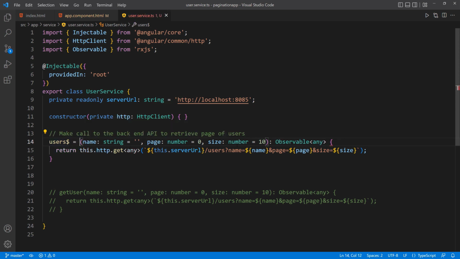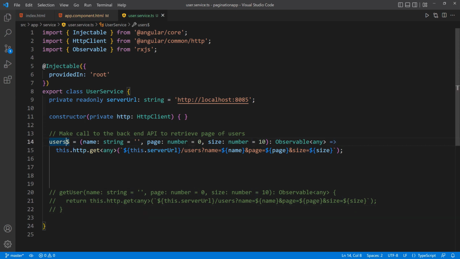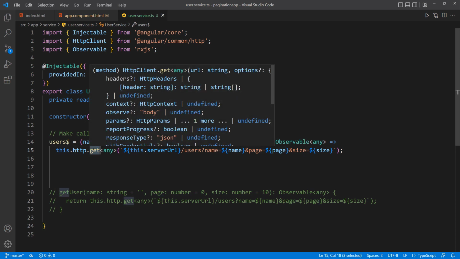And then I'm going to set it equal to the observable, and it's just going to be the same thing. I'm going to remove these and remove the return as well. And then just set it equal to an arrow function. So just like that. So it's really the same thing. If I put this on the new line, you see that I'm just returning the same thing. It's just in a different way. I just put it in a different format. So instead of a return, I put an arrow function here, and then I pass in the same parameters to the function. I just give it a different name of users because now it's an observable and it's pointing to this other observable. Because the get users here, or the get method here, is returning an